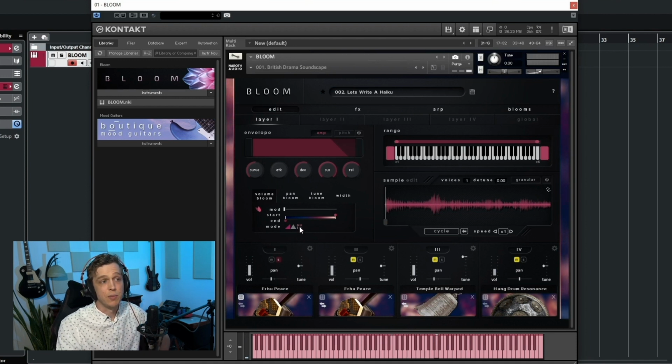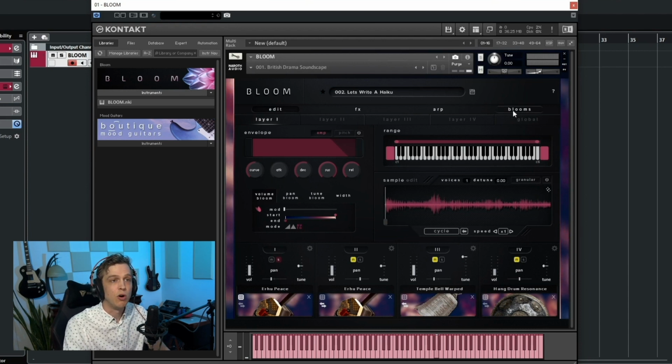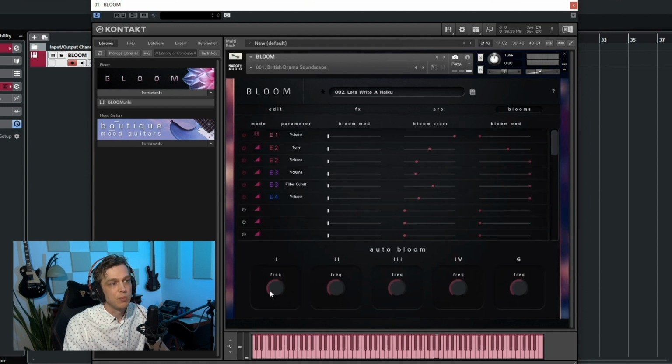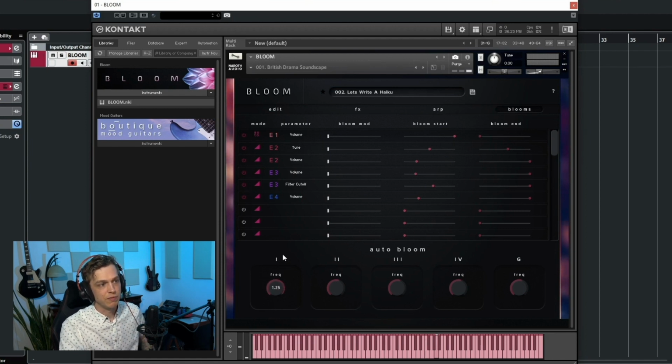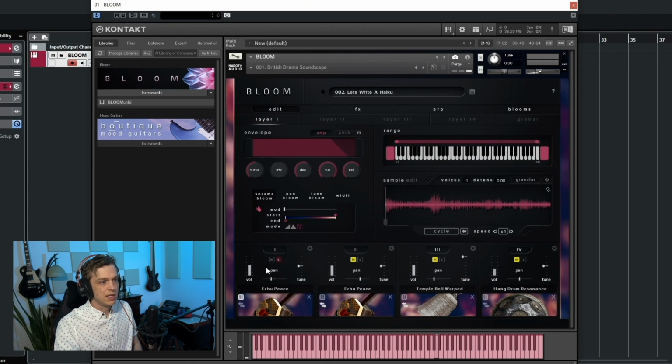And then the last of the modes is auto. So this does the blooming for you. It's set up if you go to the blooms panel all the way to the right here. Down at the bottom, you're going to have your frequencies for the auto bloom. Down here is a long, slow frequency, to a little bit faster up at the top. But I love putting things down right about here and put it up a little. And as you can hear,